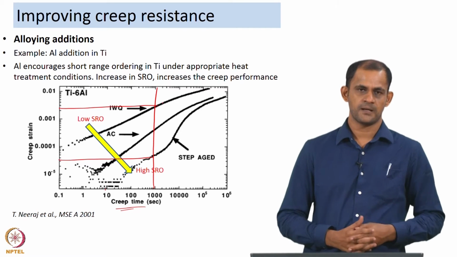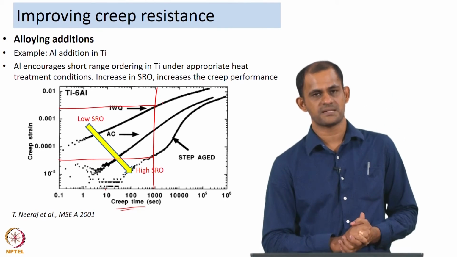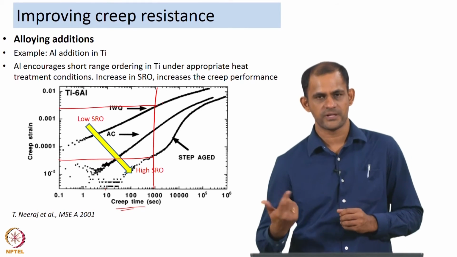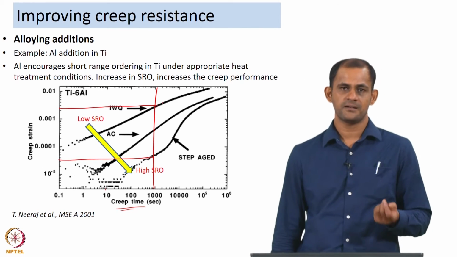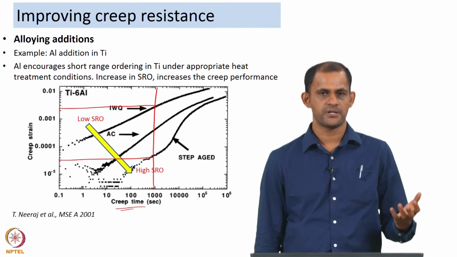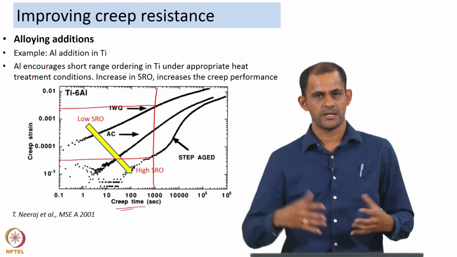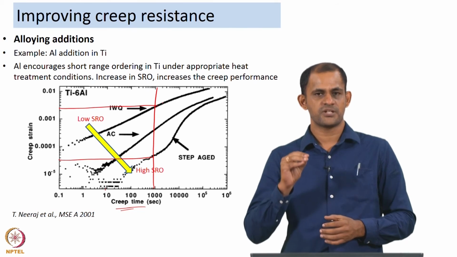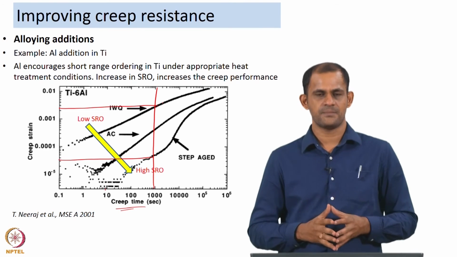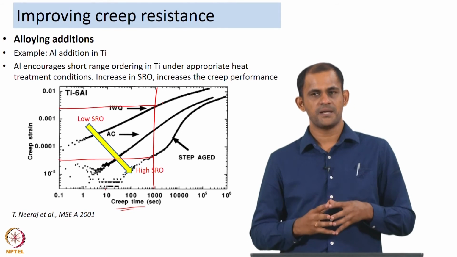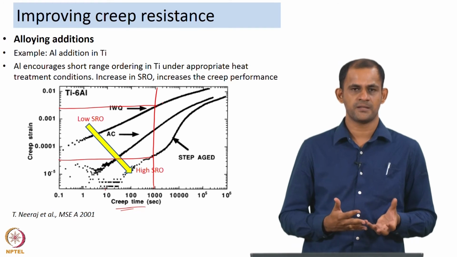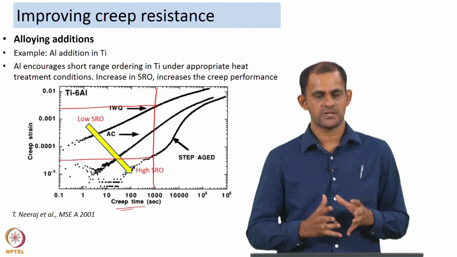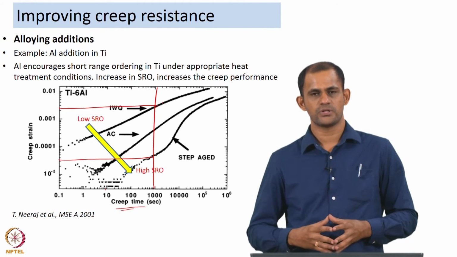Just to point out one more example, alloying additions can also influence the diffusivity of materials. We spoke about iron and nickel trace impurities increasing the diffusivity of titanium, leading to poor creep performance. A converse of this is if you add alloying elements which reduce the diffusivity of your matrix element. Typically diffusivity happens by the motion of vacancies or the motion of atoms from one location to another, that is what is happening. So, you need atoms to move around for diffusion to happen.